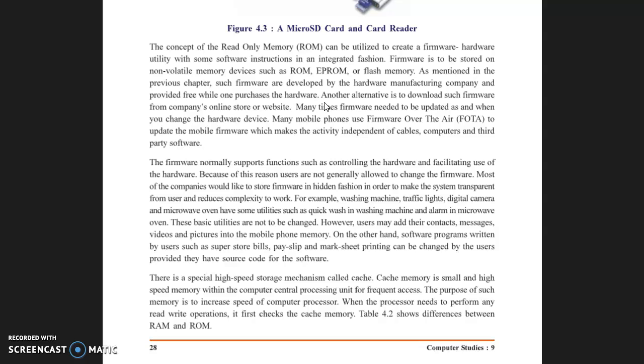It will automatically work. If you are going to any big organization, there may be a sliding door that works on a sensor. When you go near that door, it will automatically open, and when you cross it, it will automatically close. There is no person to open and close the door; it is managed by the coding installed in the sensor.